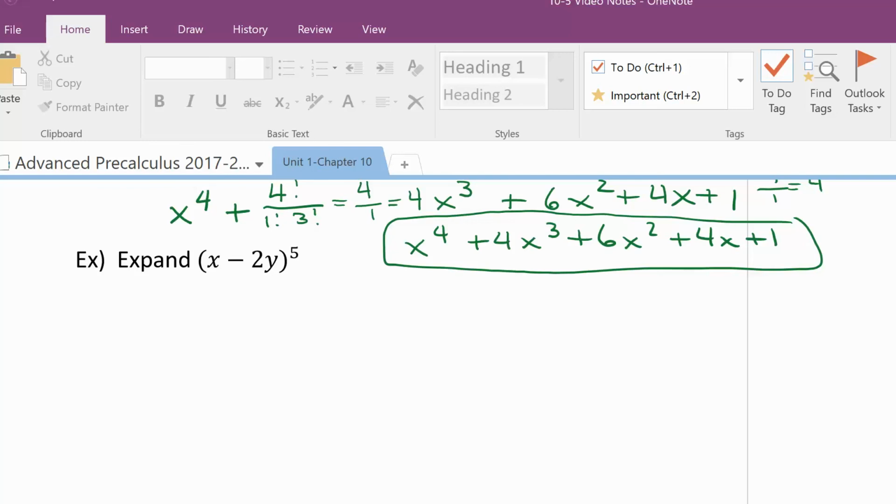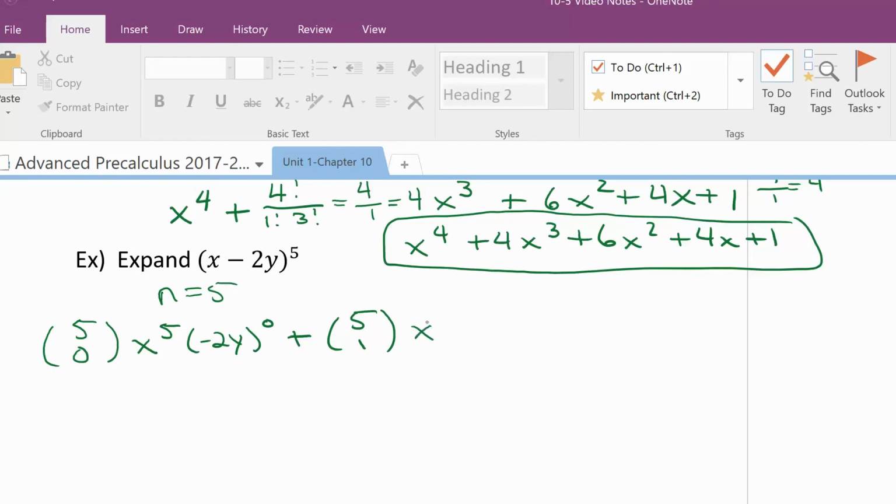Expanding x minus 2y to the fifth. So once again, the n is 5. So you're going to go 5 choose 0, and then it's x to the fifth, negative 2y to the 0, plus 5 choose 1, so then it's x to the fourth, negative 2y to the first,